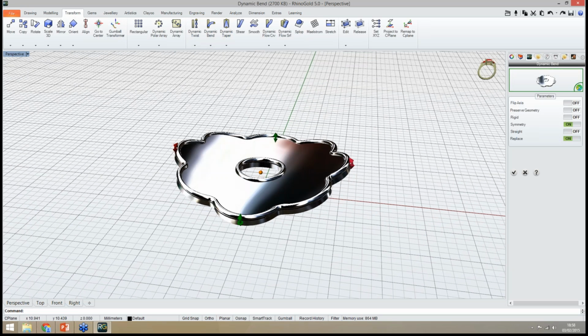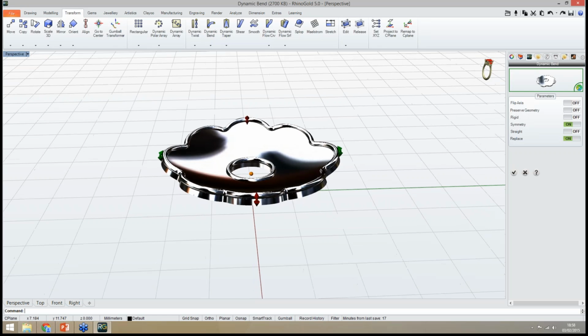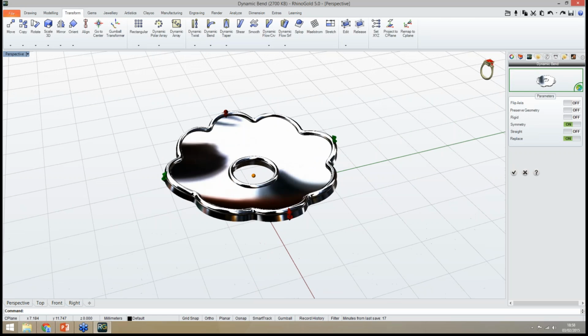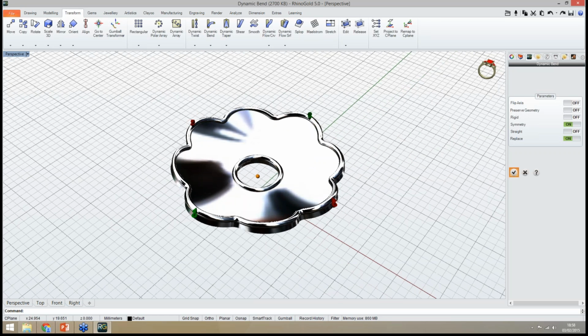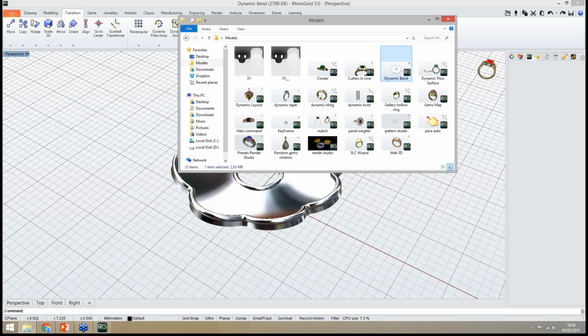So it's very easy. As you can see, it will bend in one direction, but if I press the Shift key, it will apply the symmetry for both axes. So this is the idea. Easily you can bend your objects with 2 clicks.